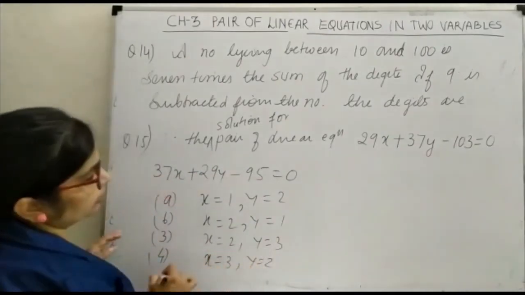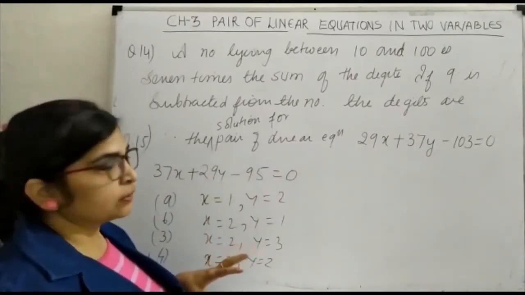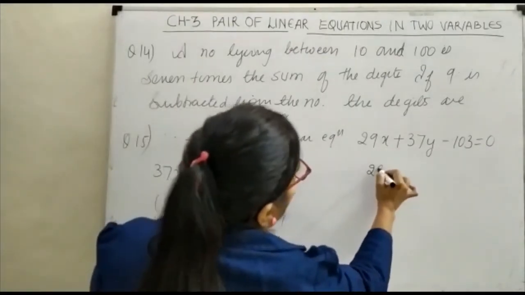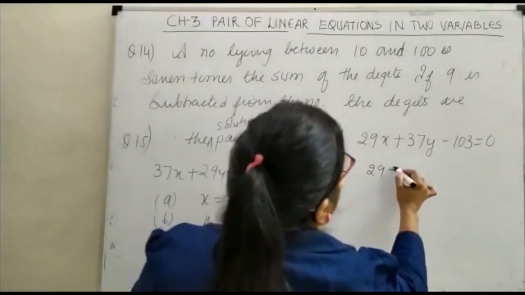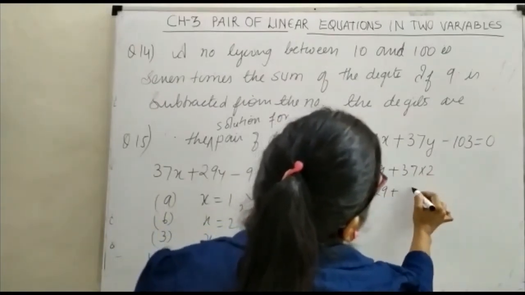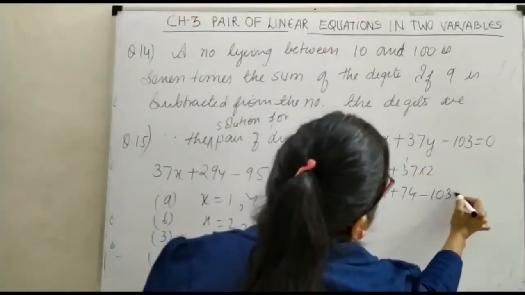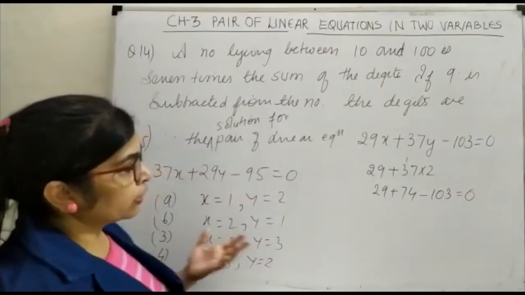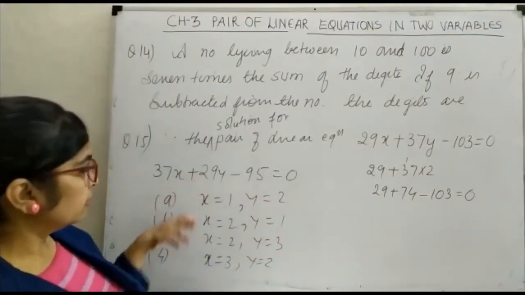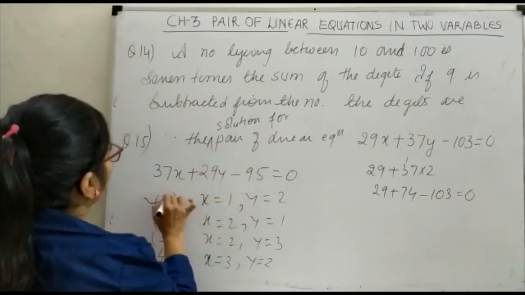So you know how this type of equations are solved, by adding cross terms, but you don't need to do all these things, just satisfy this number. When I keep x is equal to 1 here, in the very first this becomes 29 plus 37 into 2. You can see that 29 plus 2 sevens are 14, 4 here, 1 there, 2, 6, 7. This is minus 103, and you are getting 0. So only if the answer is correct is the equation satisfied. You can substitute these values in any of the equations. The moment you get the answer, you can take the option. So which option is correct?